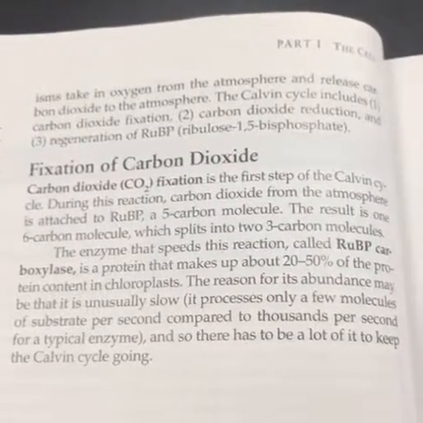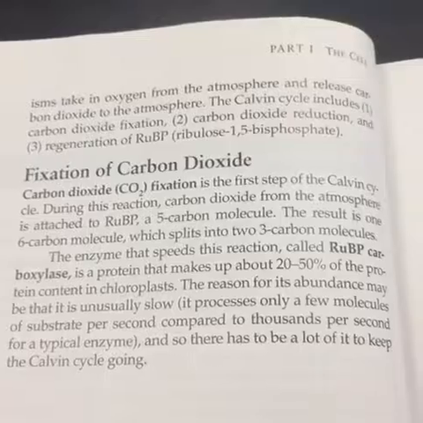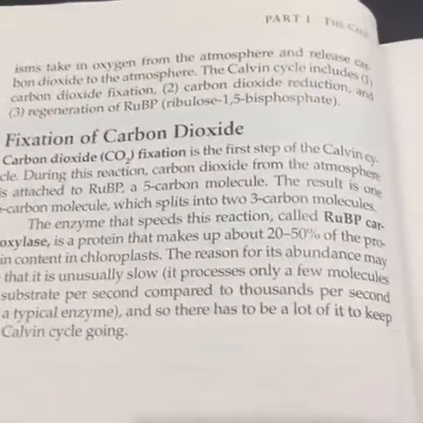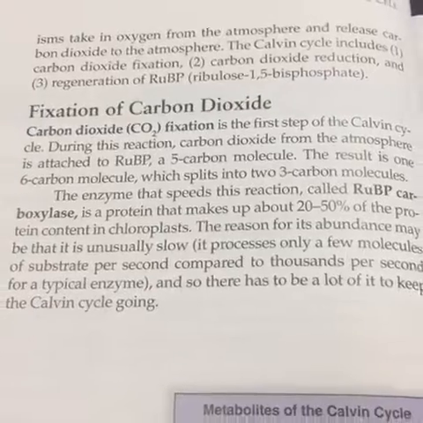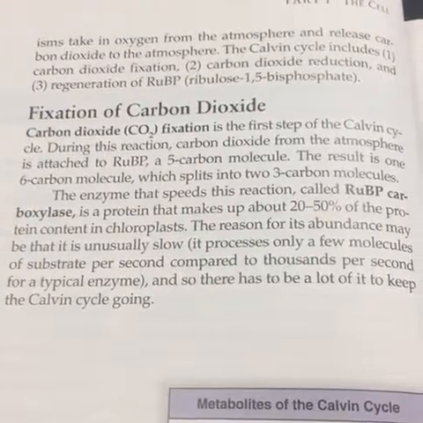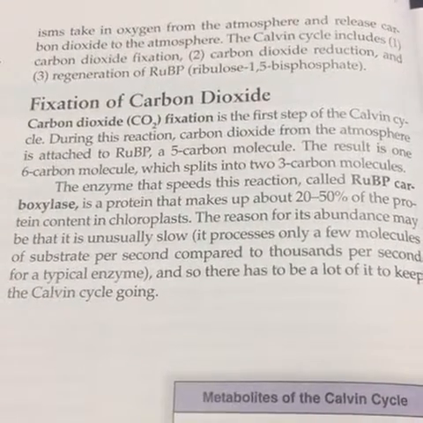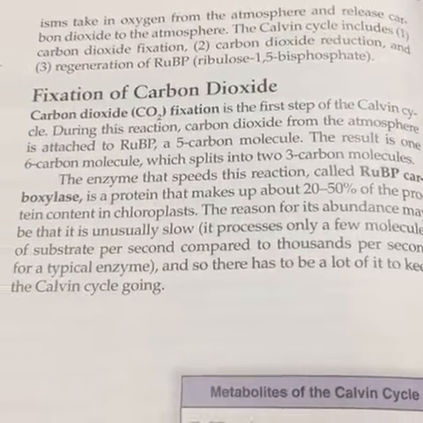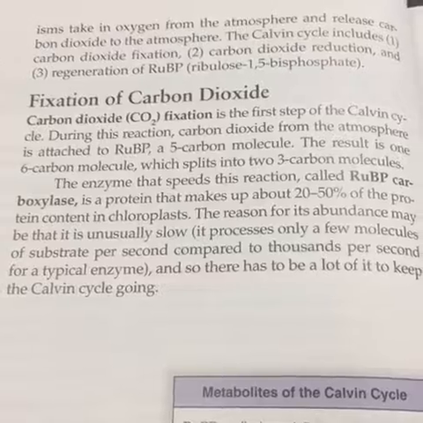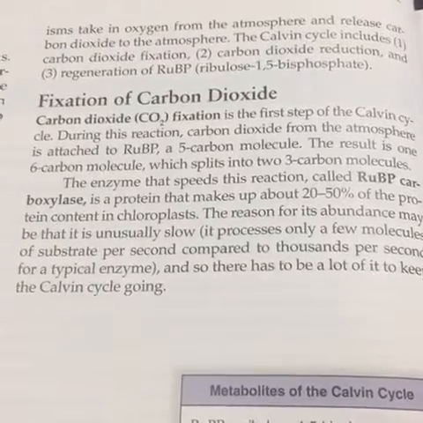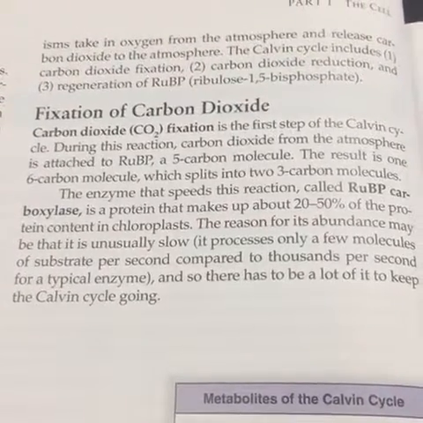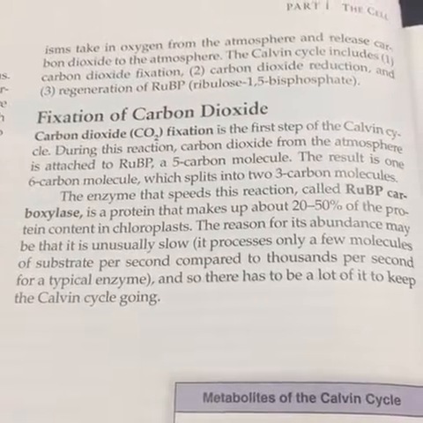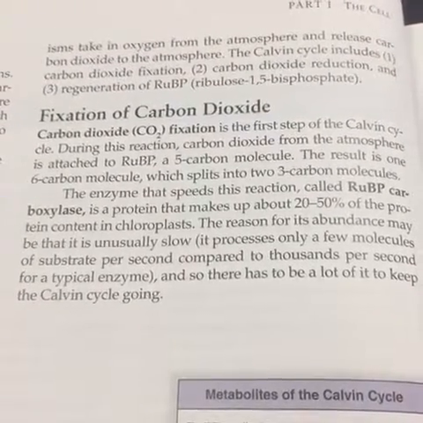Fixation of carbon dioxide. Carbon dioxide, CO2, fixation is the first step of the Calvin cycle. During this reaction, carbon dioxide from the atmosphere is attached to RuBP, a 5 carbon molecule. The result is 1 6 carbon molecule, which splits into 2 3 carbon molecules. The enzyme that speeds this reaction, called RuBP carboxylase, is a protein that makes up about 20 to 50% of the protein content in the